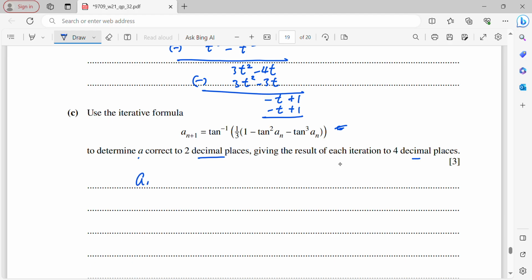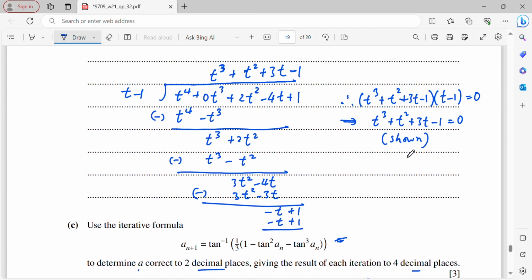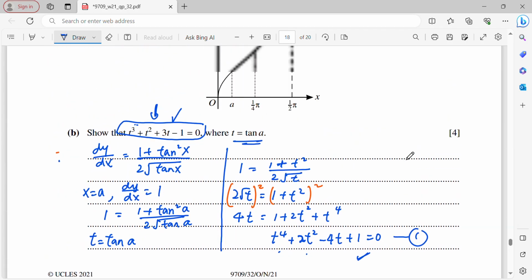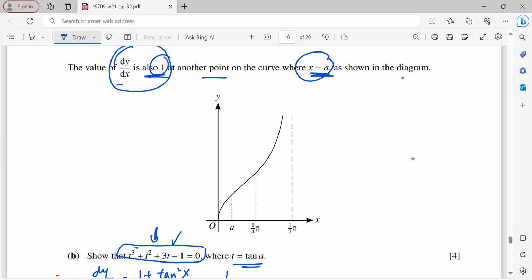So now a n plus 1 is inverse tangent of 1 over 3 times 1 minus tangent squared an minus tangent cube an. Okay, and now your a, if you have no idea what the a is, let's see the a. The a obviously is between 0 and pi over 4,